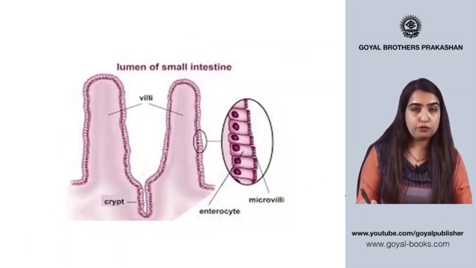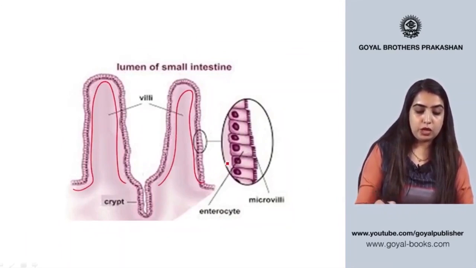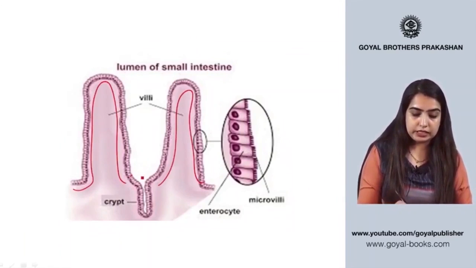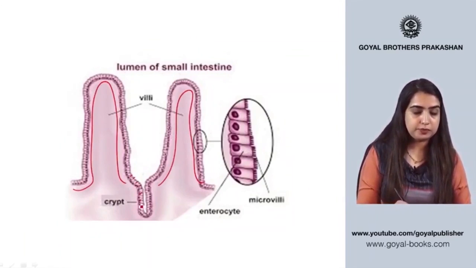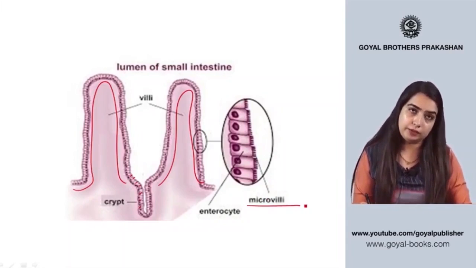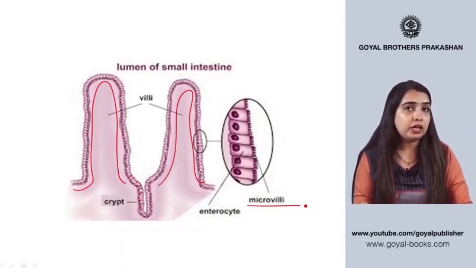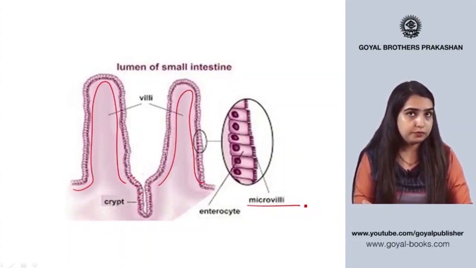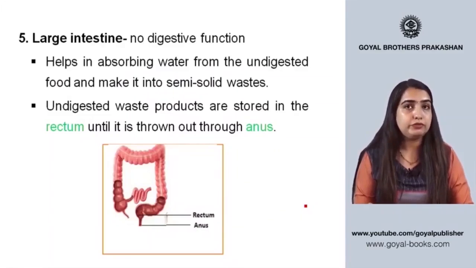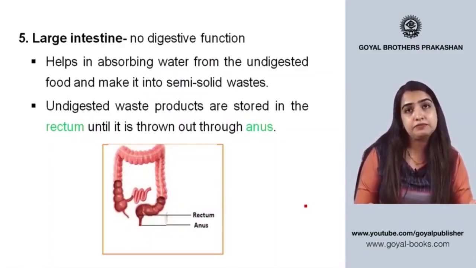This is a picture of villi. If we see, these are finger-like structures which further have tiny hair-like projections, and these projections are referred to as microvilli. Again, the reason why they are present in the inner lining of the small intestine is so that it can increase area for absorption. From the small intestine, the food reaches the large intestine, which does not have any digestive function,